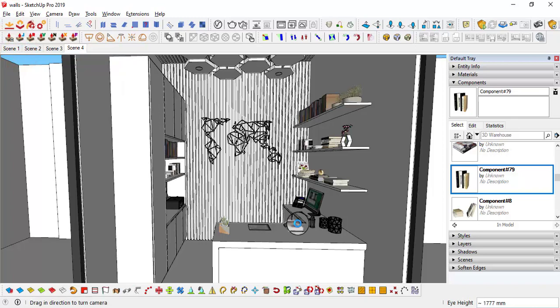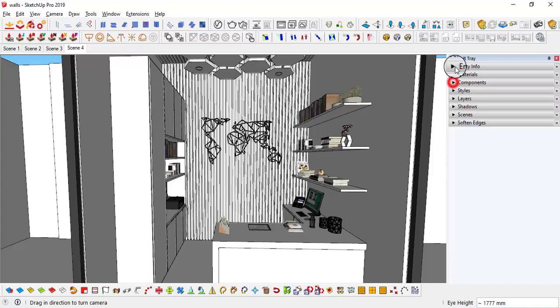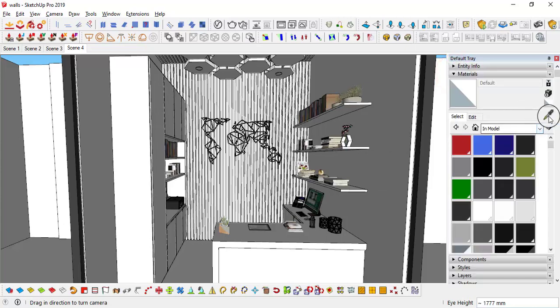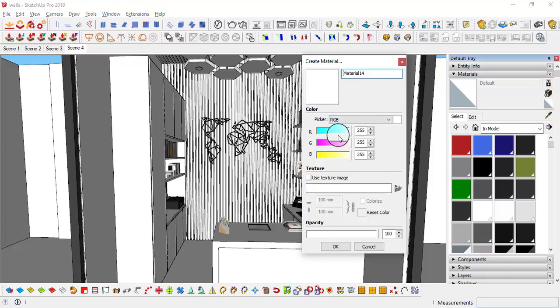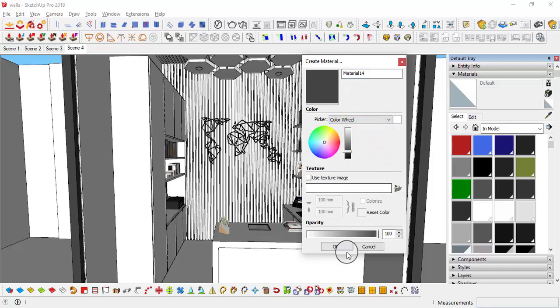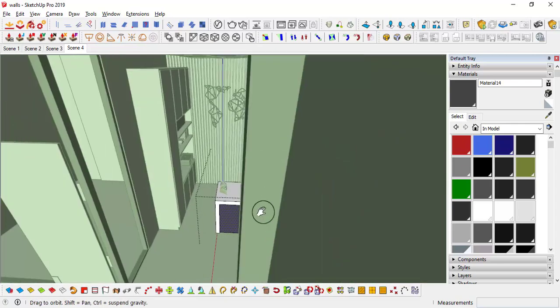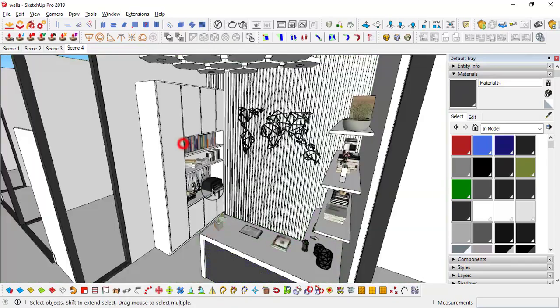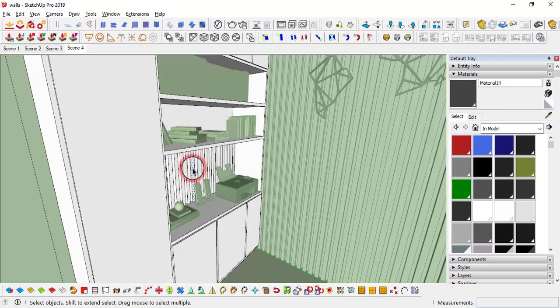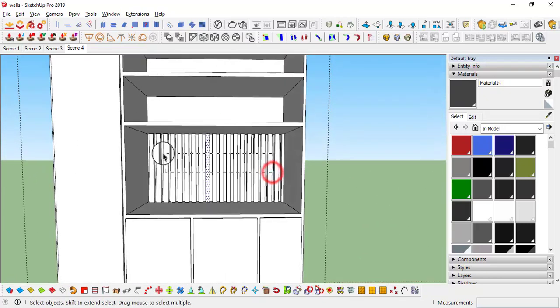Now we need to assign material on each object that we have created. So go to materials. You already know how to do it. First of all, white color. Why white color? This is going to be wood and black. So first of all I will make this black one. Okay, this black. Okay, I am going to apply over here, and also at these rafters. Oh my, this is not separate on B,